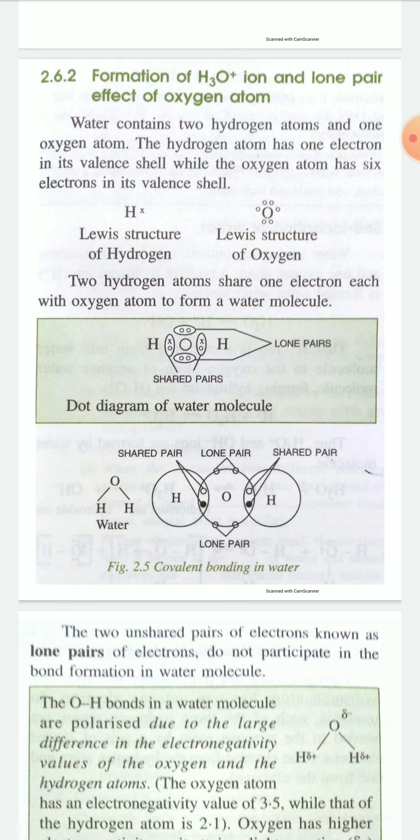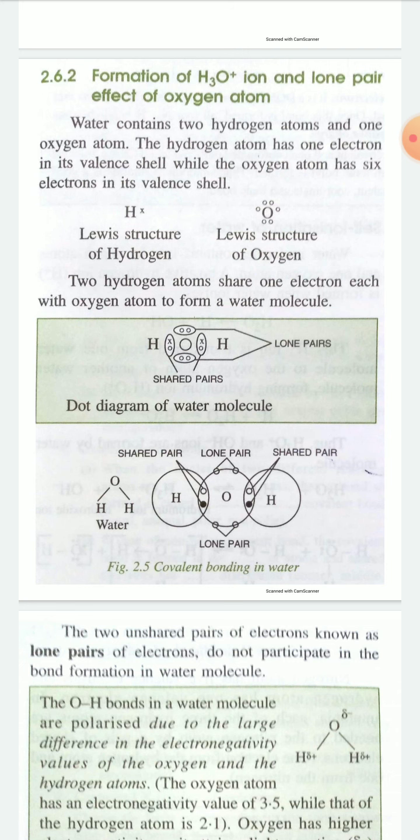First you have to see the formation of the water molecule, and then the water molecule will combine with an H plus ion to form an H3O plus ion, the hydronium ion, by the formation of a coordinate bond. So let's see the formation of the water molecule first. Water is a covalent compound in which there are two single covalent bonds. We know that; in previous classes I have told you.